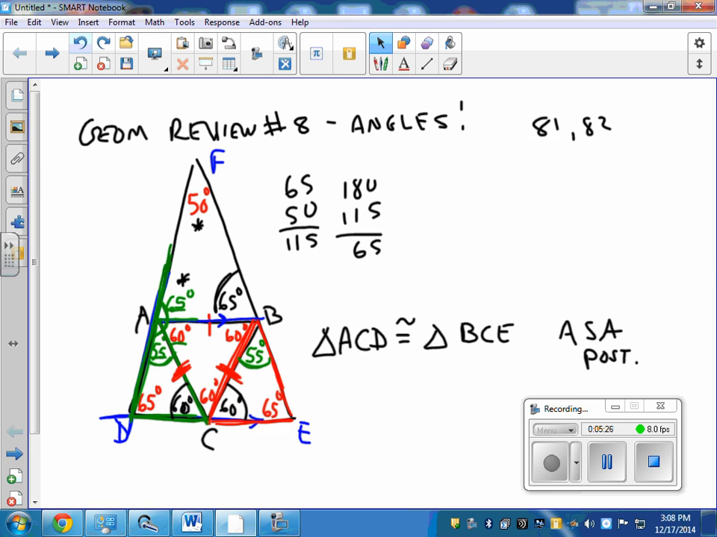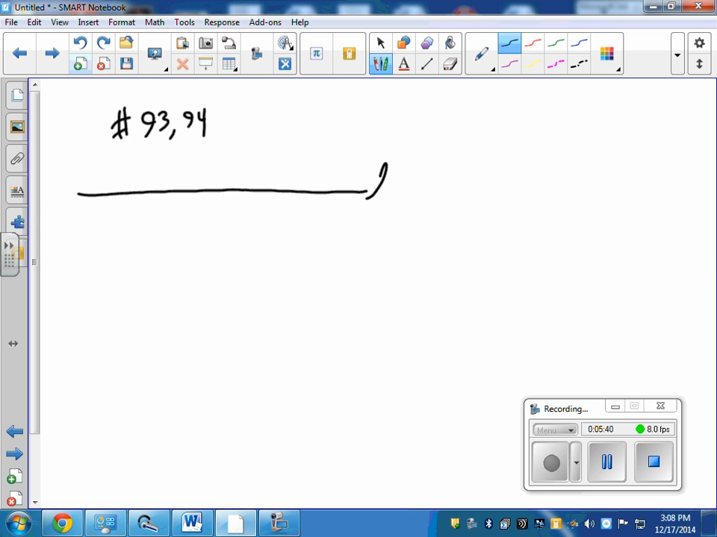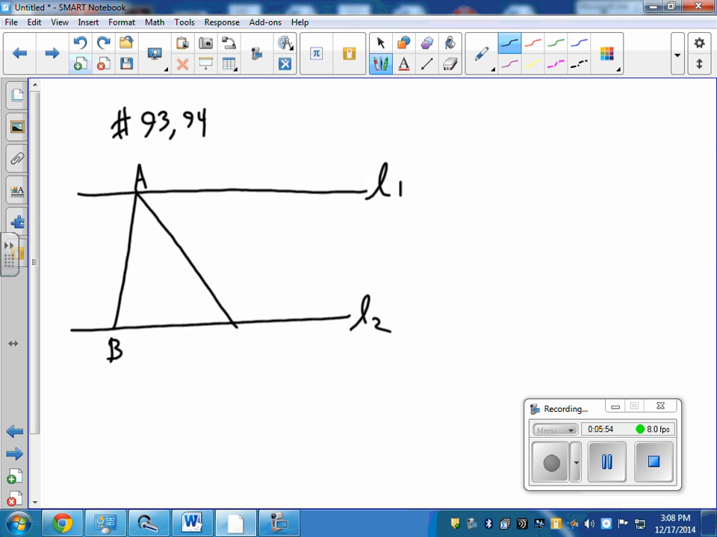Let me pull up a new screen and let's flip over and look at angles problem 2. These are 93 and 94. So 93 and 94. Again, it looks like we have some parallel lines going on. So this is L1, L2, and we have a transversal here going from A to B, and we have a line that comes over like this. We're told that this angle is 100 degrees, and